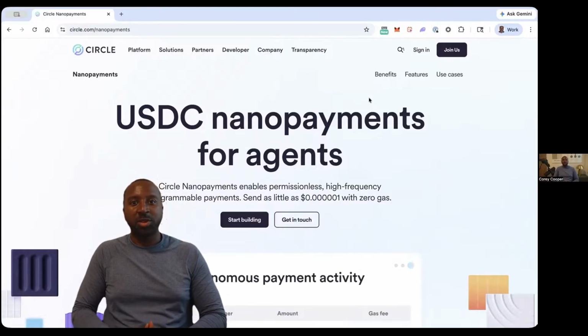So as you build this weekend, I encourage you to think beyond traditional apps. Think about what happens when every action can be priced. What happens when agents have wallets? What happens when value flows as seamlessly as data?